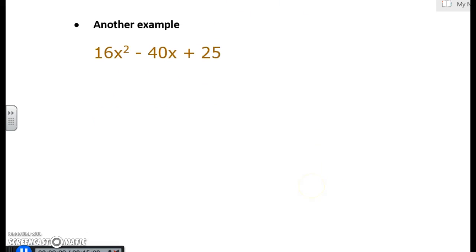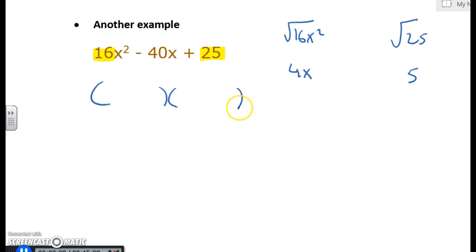So again, first always check to see if you can take out a greatest common factor. In this case I can't, and if I look at my leading coefficient, it's 16. If I were to try to do this using what we did last class, it might take me some time, but again, there's that hint that this question gives you, and that is that the first and the last term are perfect squares. So I'm going to take the square root of each of those, 16x squared and 25, to get 4x and 5 here, and then when I do my two brackets,